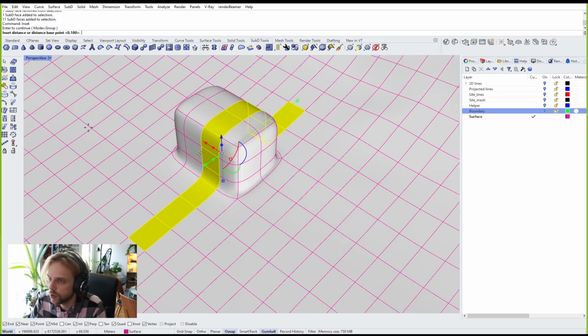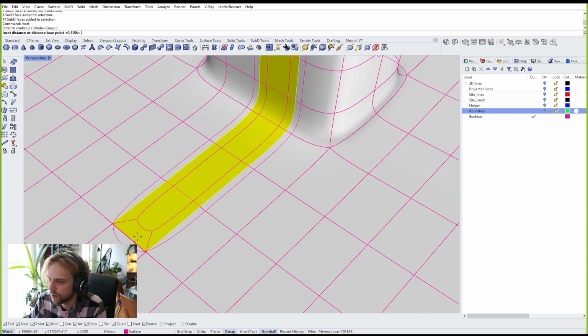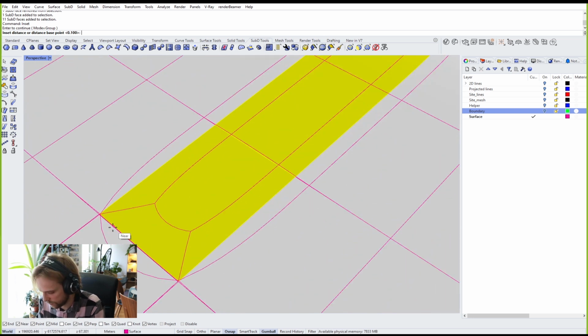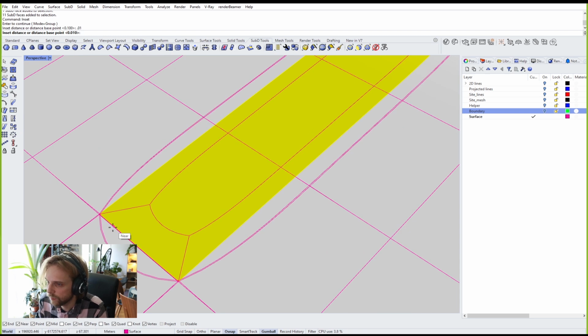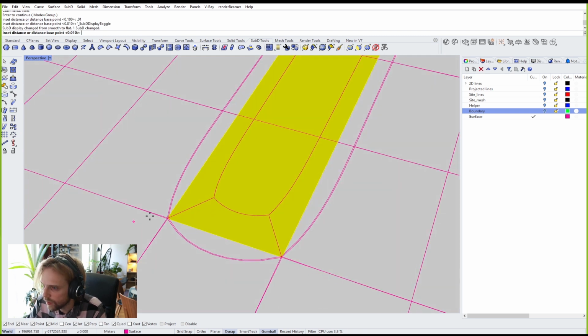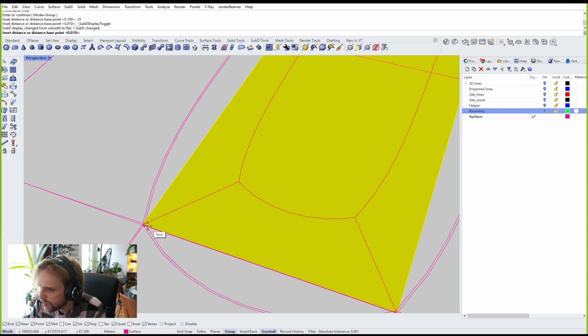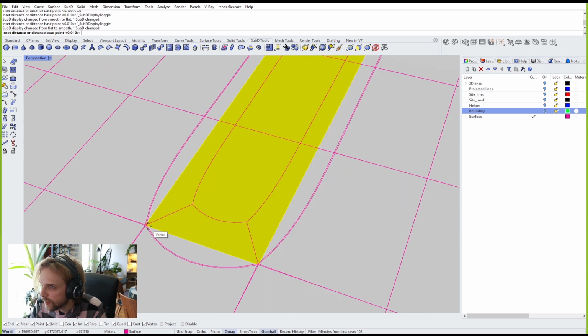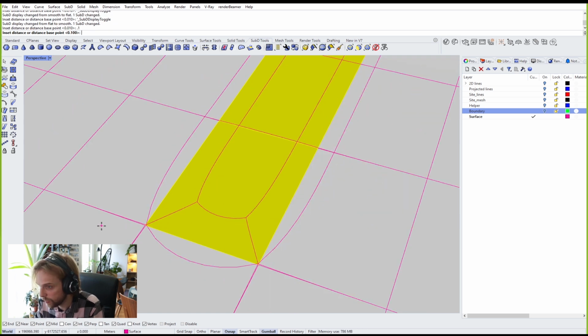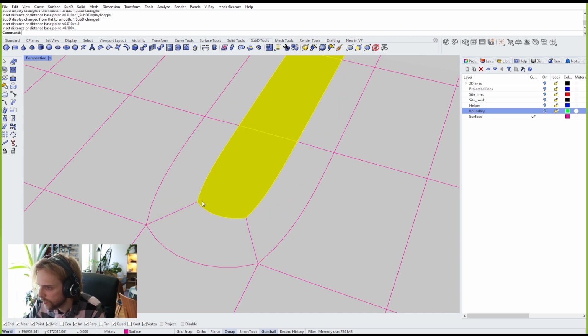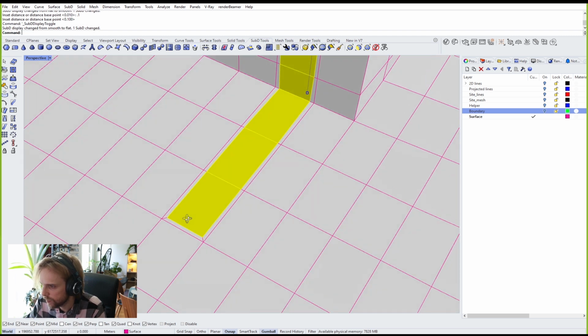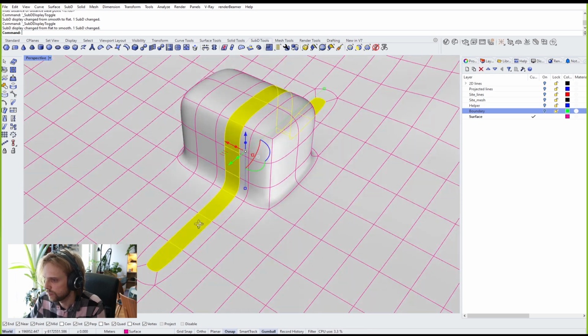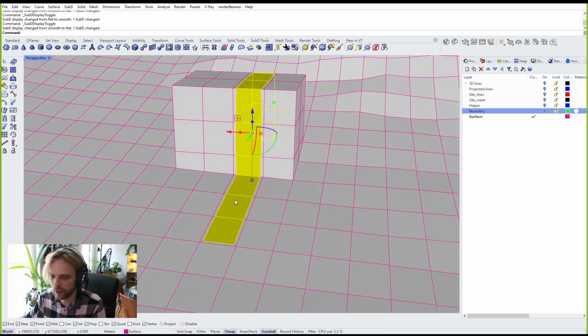Inset, mode group. Why is 0.1 so big? 0.01. 0.01 looks like that, huh? 0.1? Sure. Yeah, whatever. So that's 0.1, and then we can,